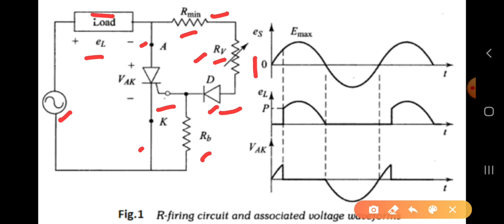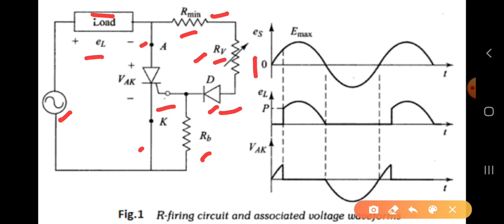That means it is turning on the SCR immediately, because current is directly flowing through the resistor and the resistor is not making any disturbance to the flow of the current. Now when you start increasing the value of the RV, what happens is the triggering angle increases. Triggering angle increases means it may reach 30 degrees, it may go to 40 degrees, we can say 50 degrees. Like that you can increase the angle.